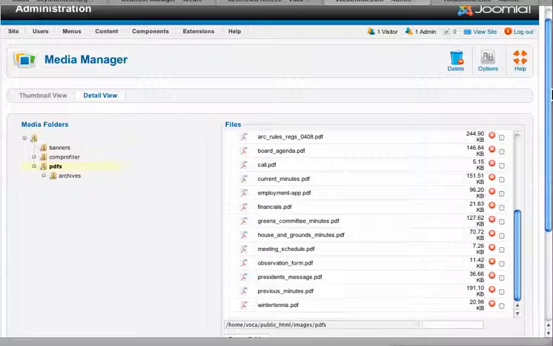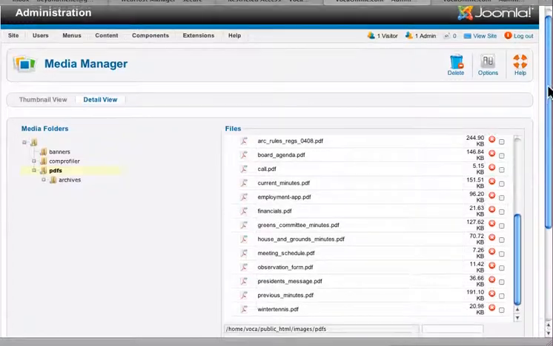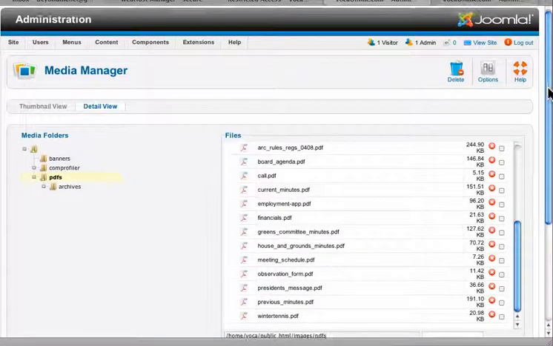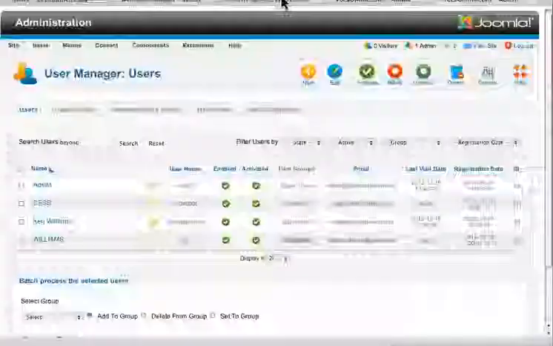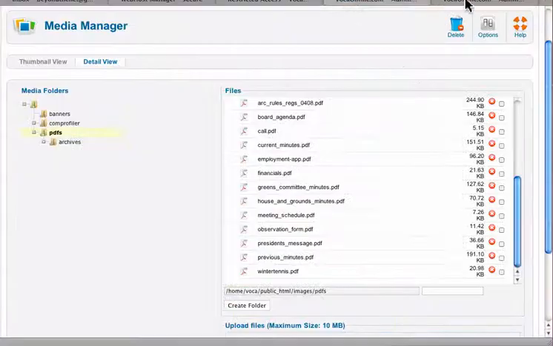So this is basically the same as cPanel, but it's all within the Joomla backend. And what else? I think that's it. There might be other things, but